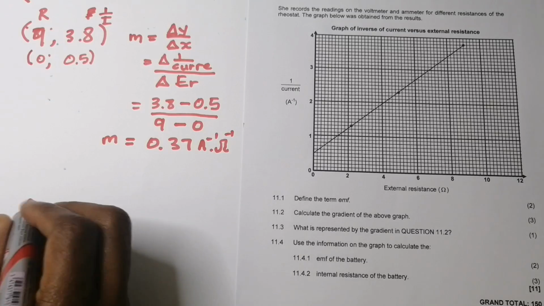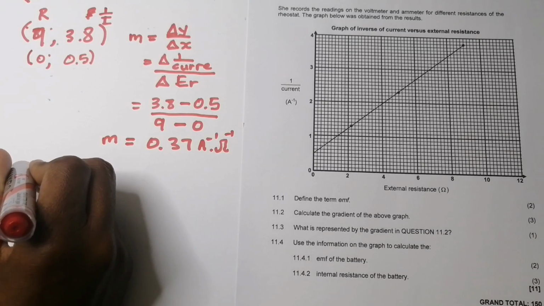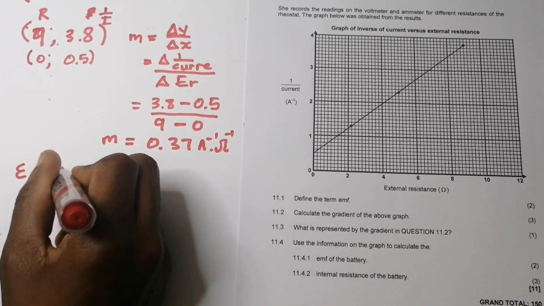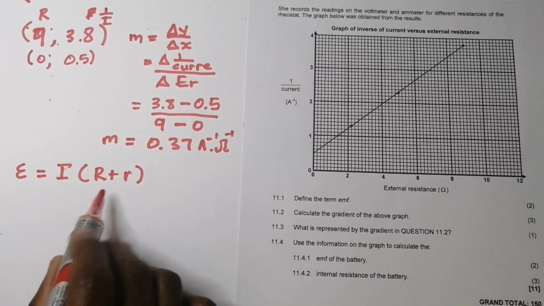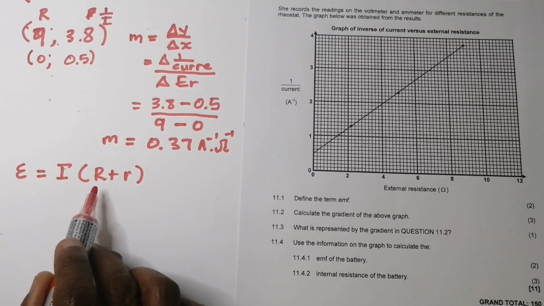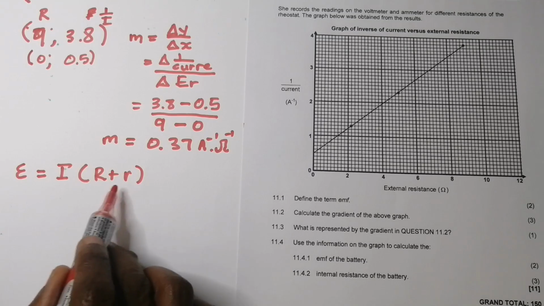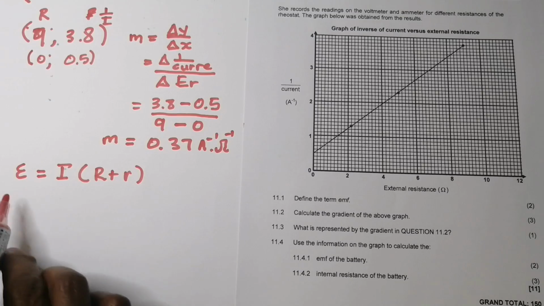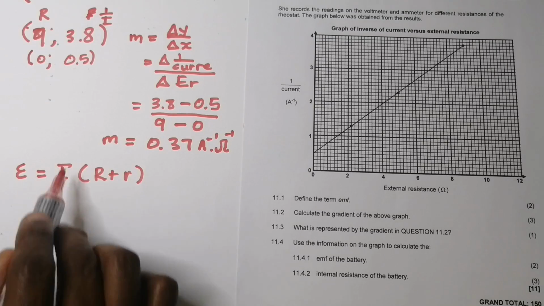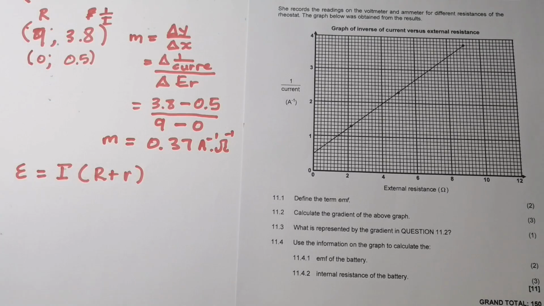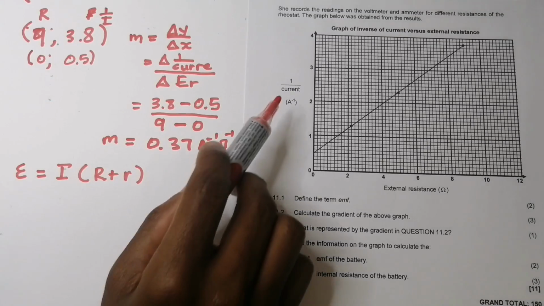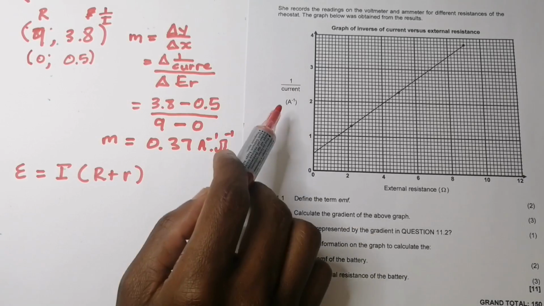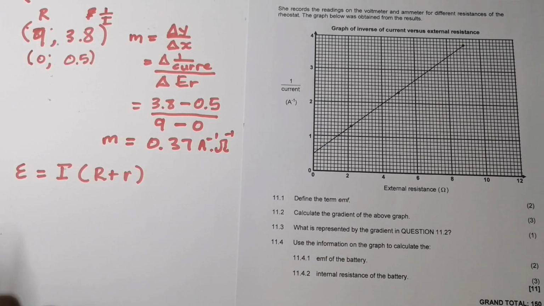If we go back to that equation where we've got EMF, which is equal to I into R plus small r, okay? So remember we said this is R external, and this would be the internal resistance, and of course that represents the EMF of the battery, or the cell, all right, and that's the current. Now, if we were to try and arrange this a little bit around, because we want to have 1 over current as our subject of the formula, okay? So in this case,